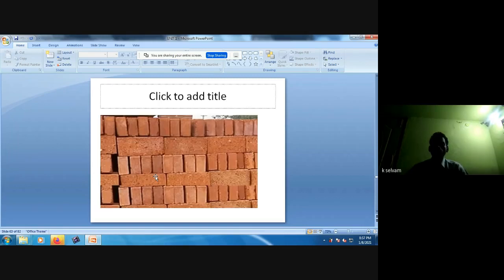This arrangement is known as a shape test. Randomly, the bricks are arranged lengthwise and breadthwise. After that, the total length will be measured and the average width of the brick will be calculated.